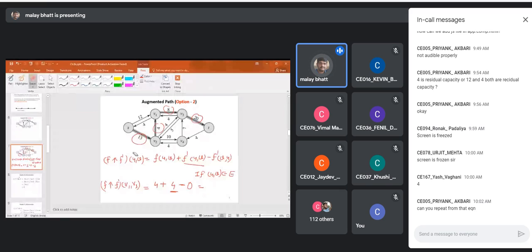Now because of this augmentation path, the new value is 8.